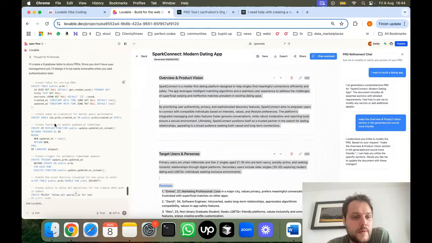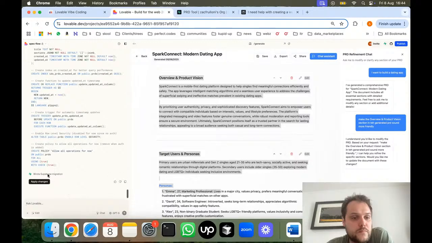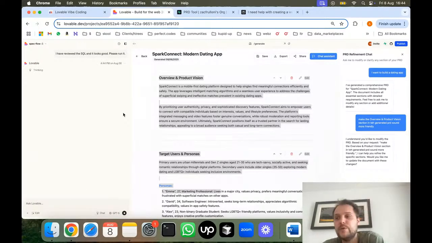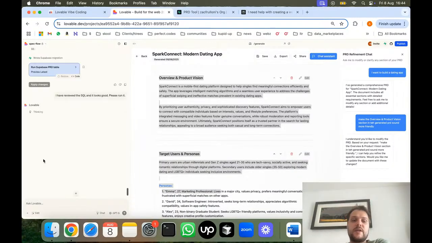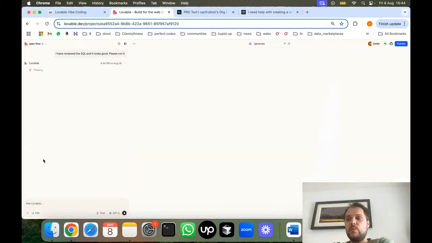Okay, cool. Apply changes. And we might have to remove this later because obviously we want every PRD that is generated to be associated with the user that generated that PRD. Apply changes. Then it could be that we allow the user to use it 2-3 times for free, and then